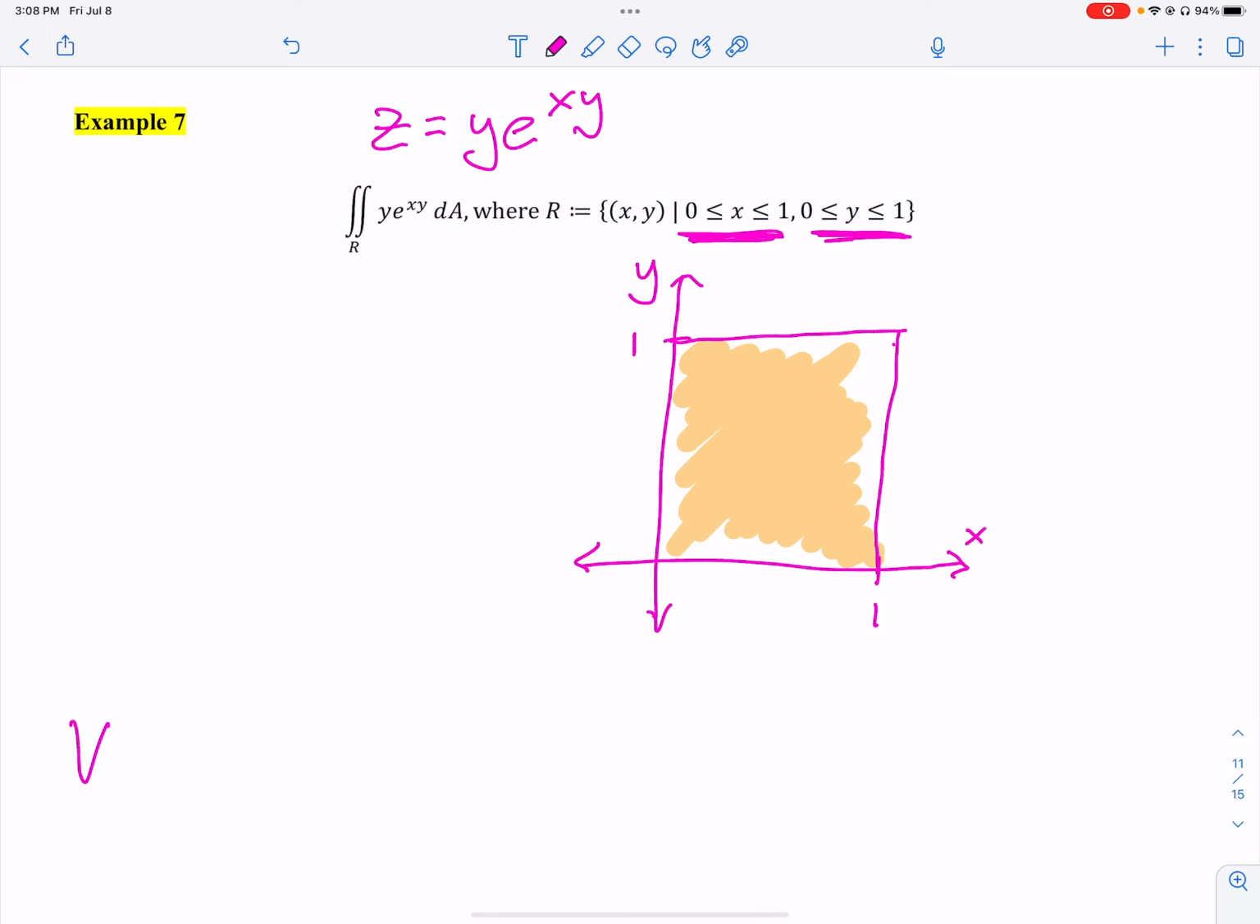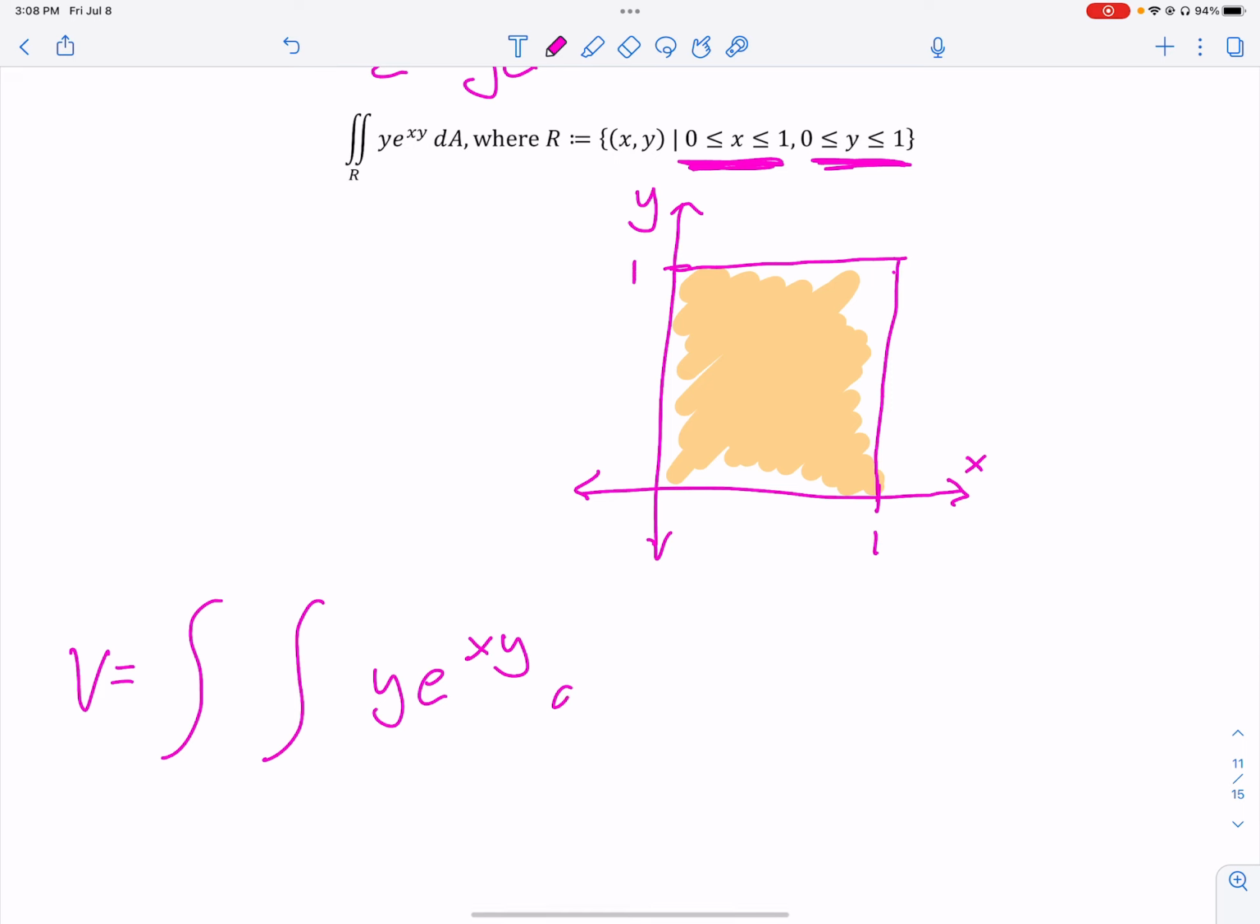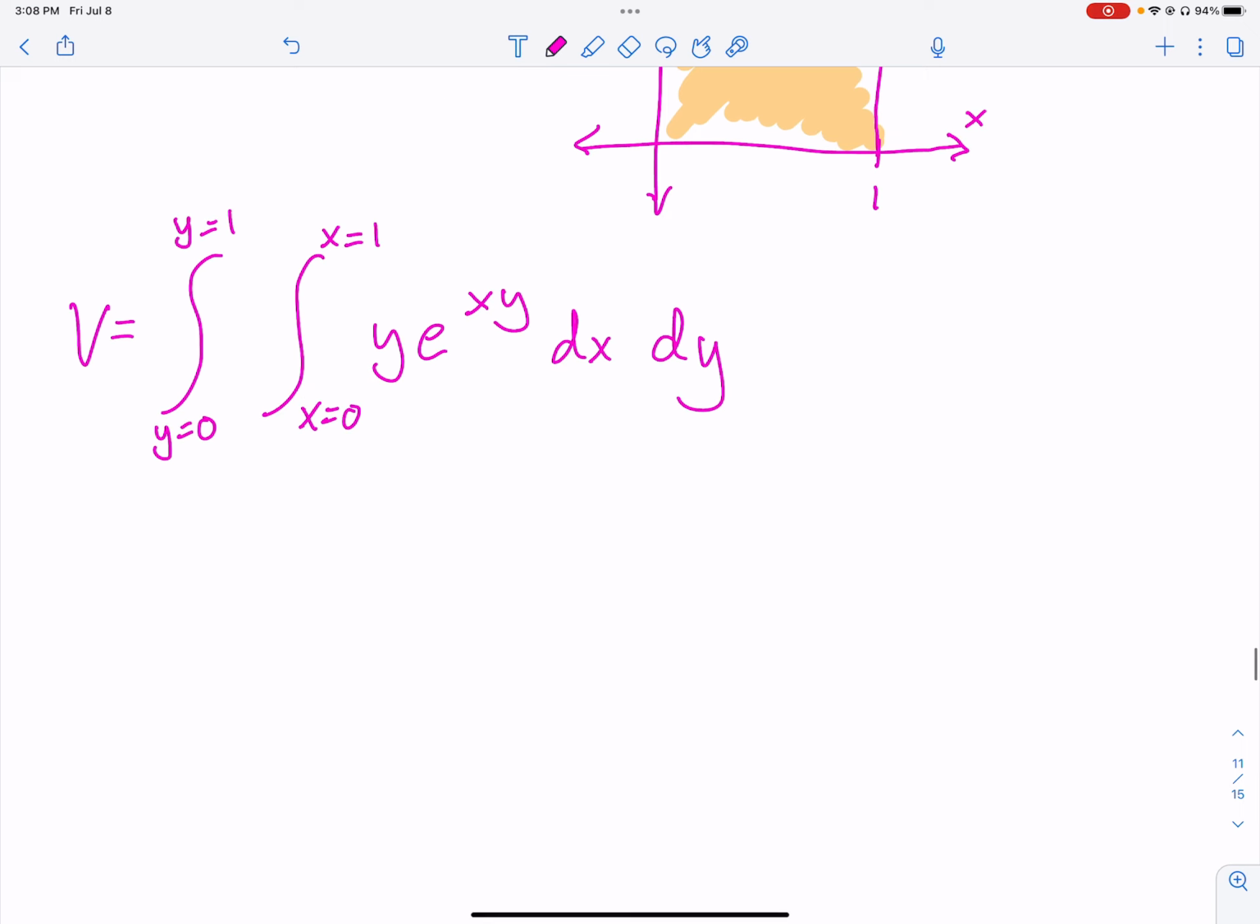All right, so volume-wise, I wanted to find the volume. Okay, I have my double integral. And then I have y, e to the xy, and it really doesn't matter in this case which bound goes first. I like to choose the one with the less variables, so x is 0 to 1, y is 0 to 1. I take my first integral, which is with respect to x, so y equals 0 to y equals 1. Right? In this integral, x is only in the